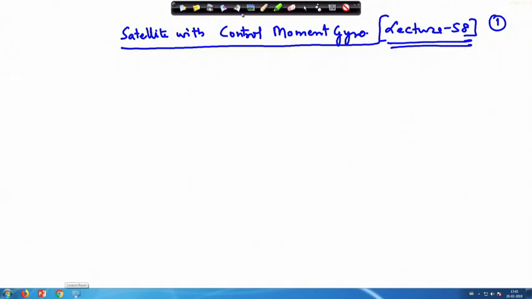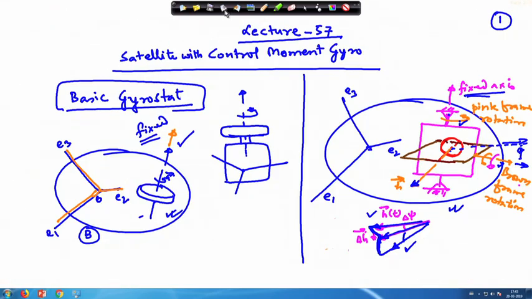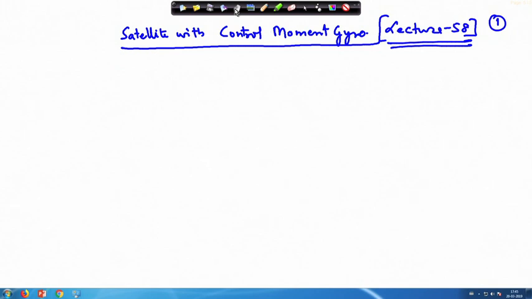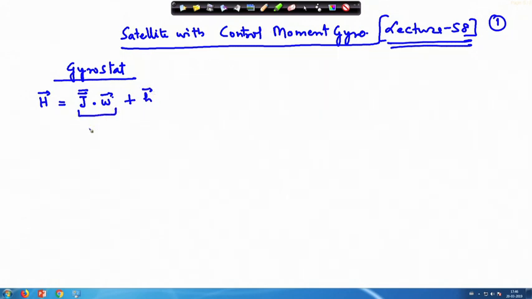I have already shown you through the figure the difference between the control moment gyros and the basic gyrostat. So, this is the basic gyrostat and this is the control moment gyros. So, how do they differ? This part is very important, which we have to keep in mind. If you remember, for the gyrostat, the angular momentum h we have written as J double bar dot omega plus h, where this is the